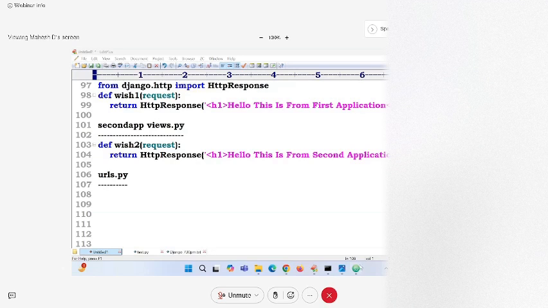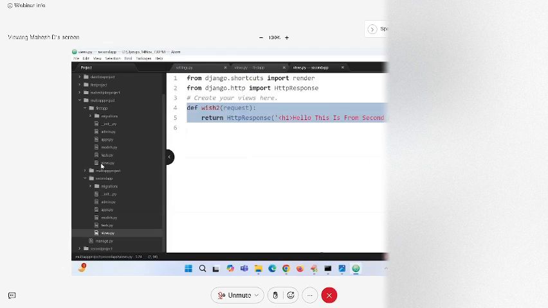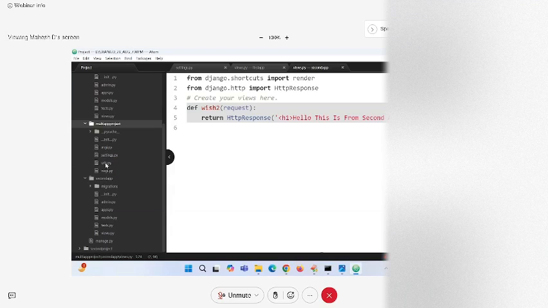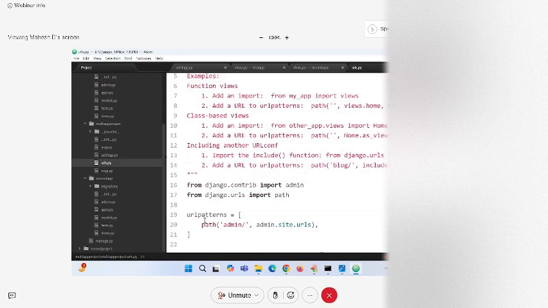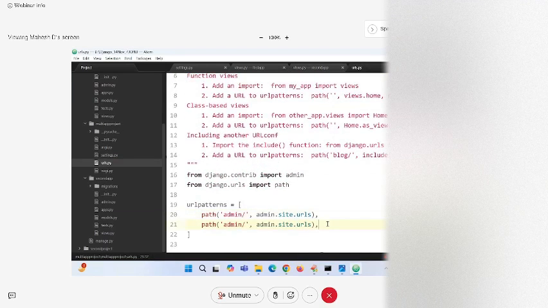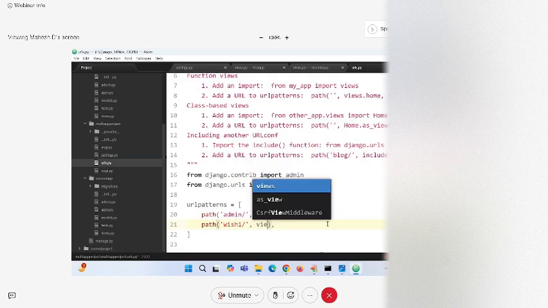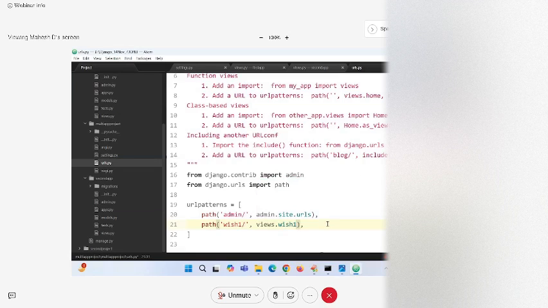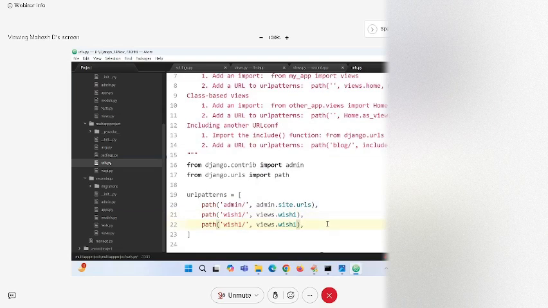For example, see sir, carefully. Only one URLs file is available there. Go to URLs. Here, I want to provide it. First one, the URL pattern is wish1. I have to go with views dot wish1. Next, wish2. For this, wish2. From,